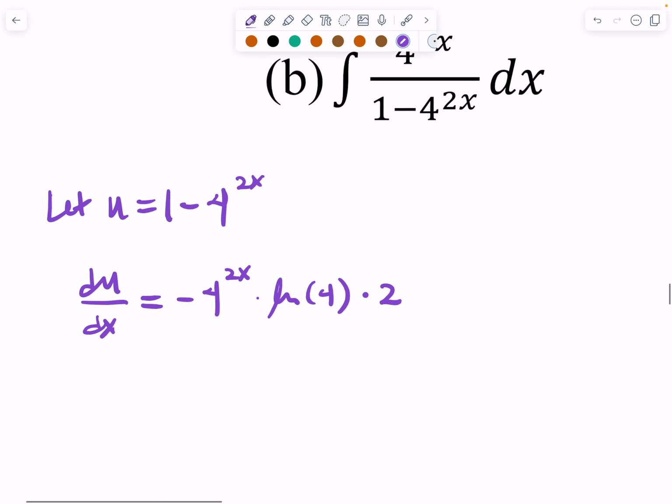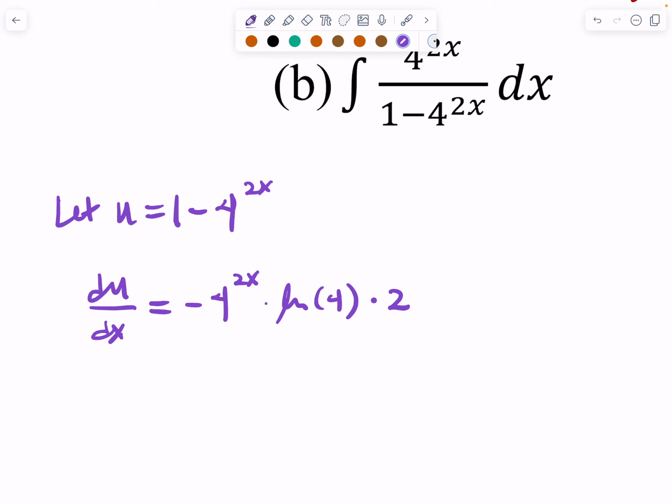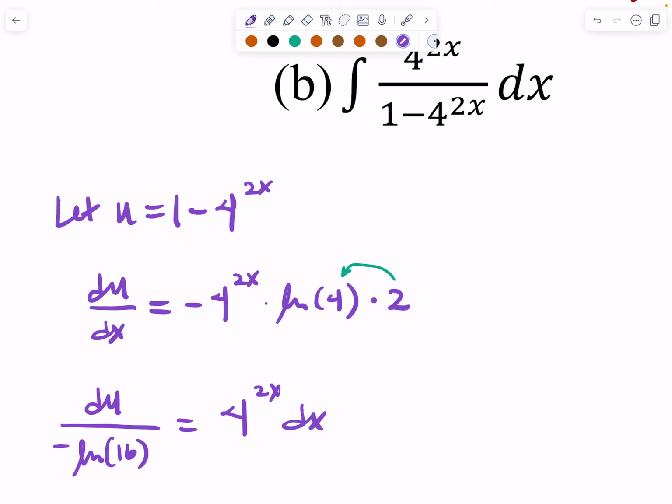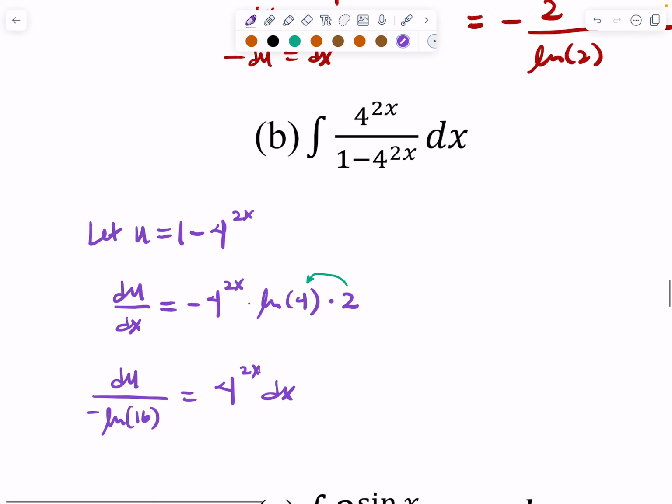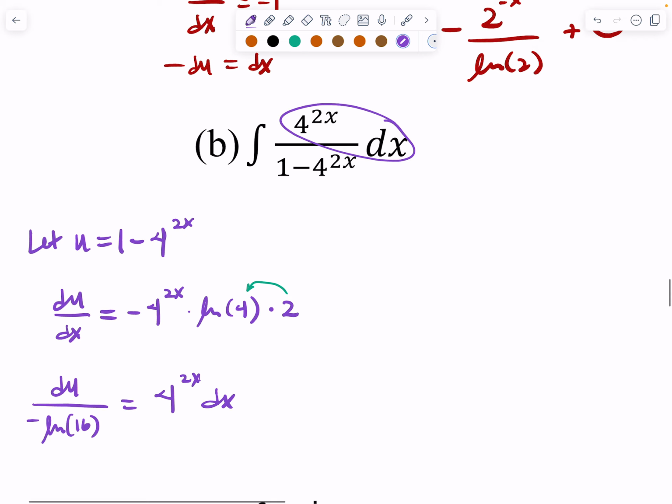Okay, and I need, so rearranging things here, I'm going to think about dividing by negative, or actually, I could rewrite this as, I can unplug here and pull the 2 up, so that I can think about rewriting this as du over negative ln of 16 equals 4 to the 2x dx, so that I can think about replacing the 4 to the 2x dx